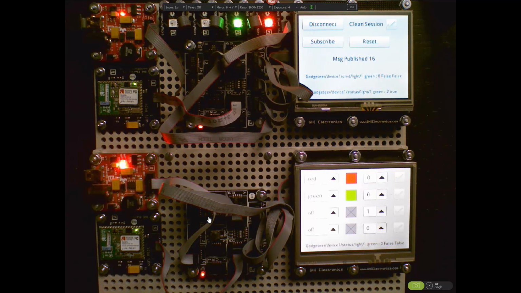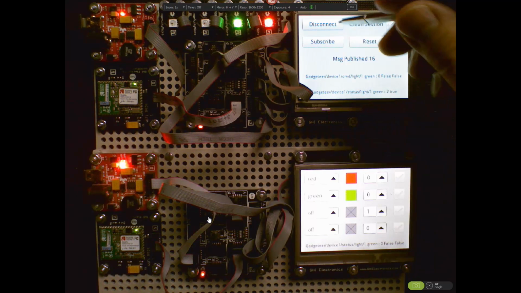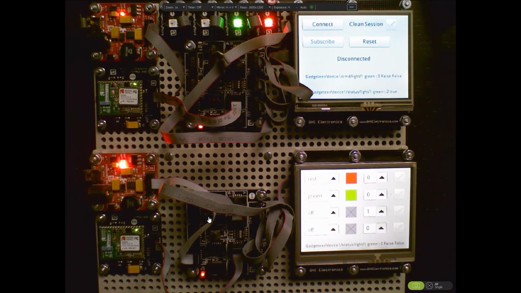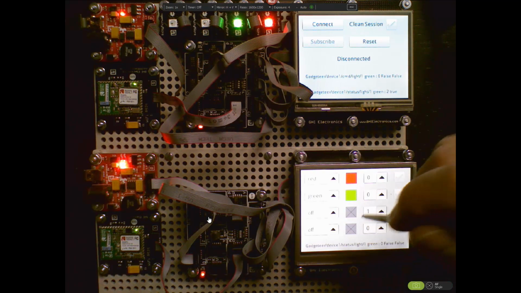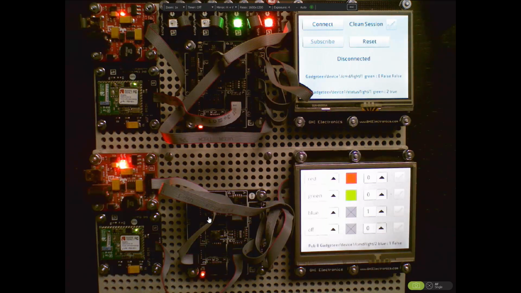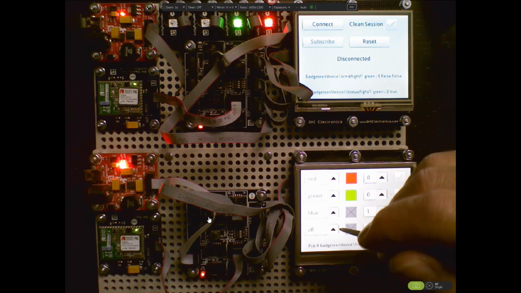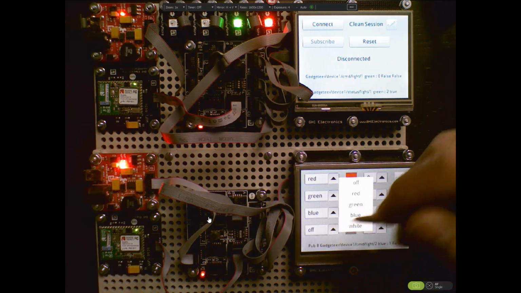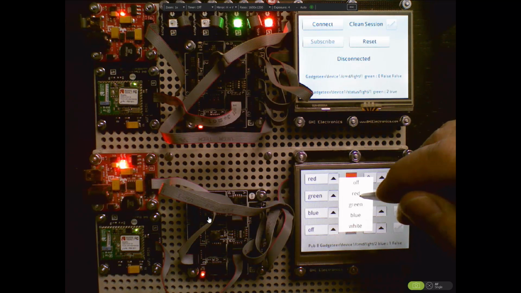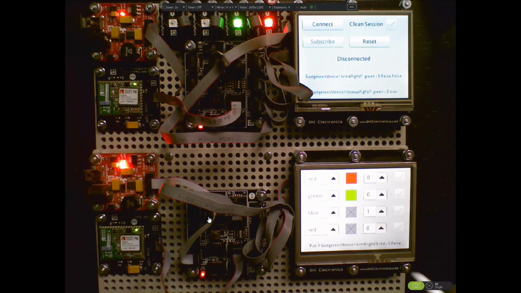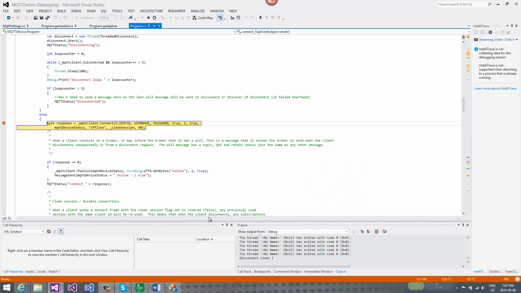Now, something else that we can show is if we disconnect. So the device isn't connected, but we're going to set this guy to blue. Now the device is offline, but we've set somebody to blue, and then for this one down here, we're going to set this guy to red. Now note the quality of services here. So when we connect this guy back,